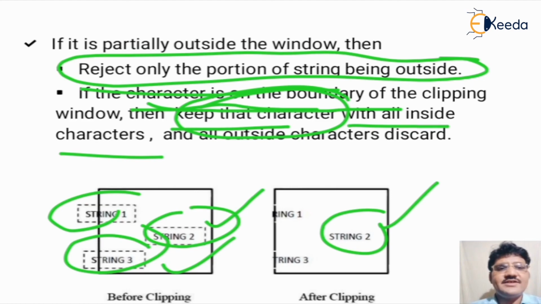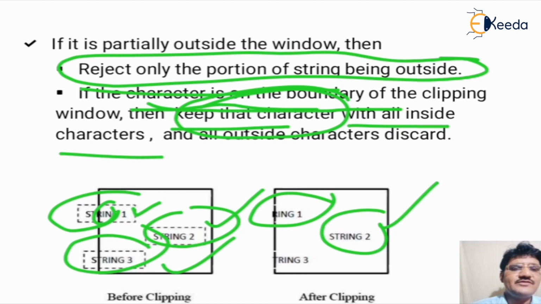For string number 1, S and T are both outside, so S and T will be rejected, but R lies on the clip window boundary, so it will be kept safe.